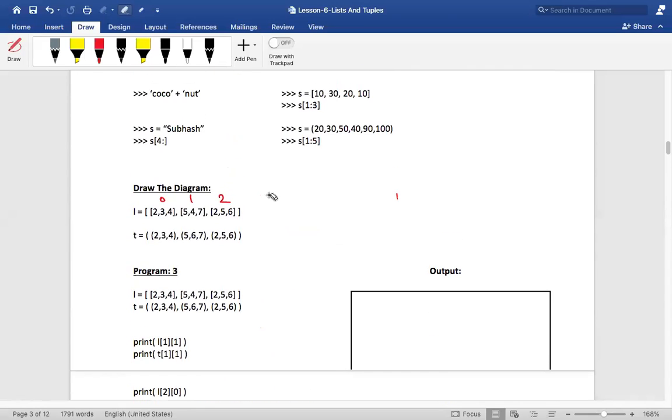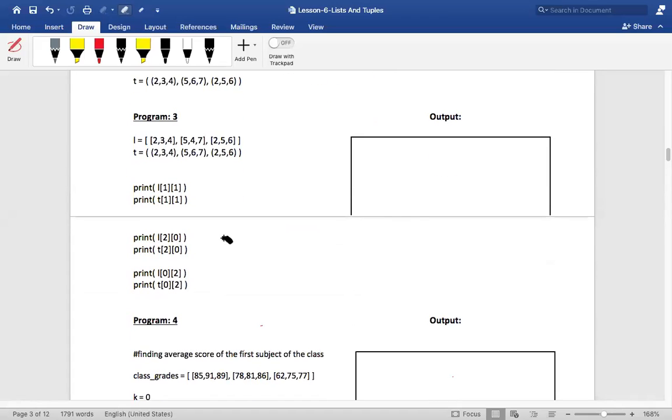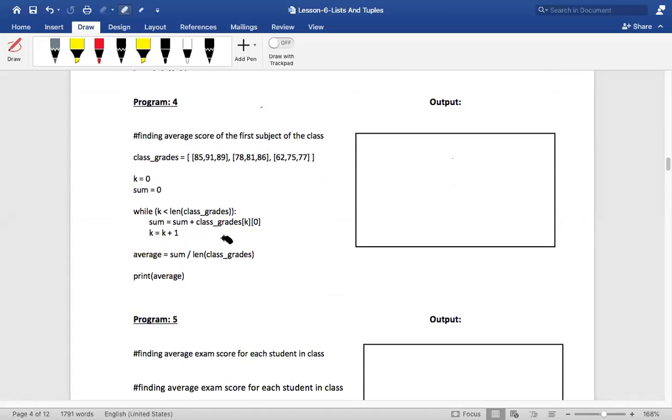So certain things which are not needed, I will never cover. It is not needed for you to understand. More details, I'll give you the books later. If you're really interested in knowing internal details of how Python works, you can go and refer to them, but it is not needed for now. Having said that, this is a program.